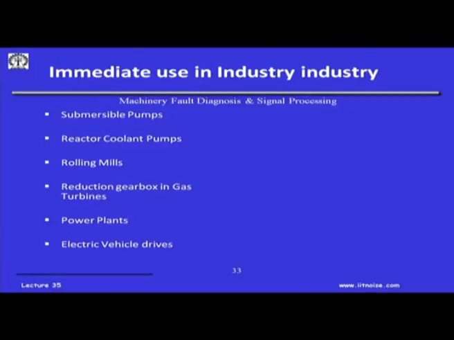Think of the traction drives in a locomotive. There also again the DC motors are used. Here we talked about AC motors. Even if you have DC motors, the same thing would happen. The only thing is that there will be ripples after you remove the DC current. You will find a lot of ripples, and these ripples do contain the defect frequencies of the mechanical system which is being driven by such units.